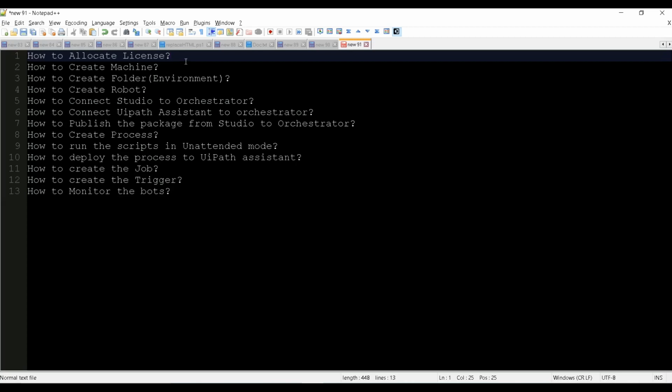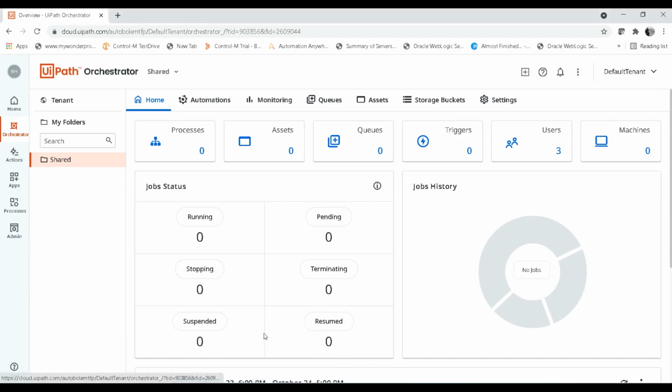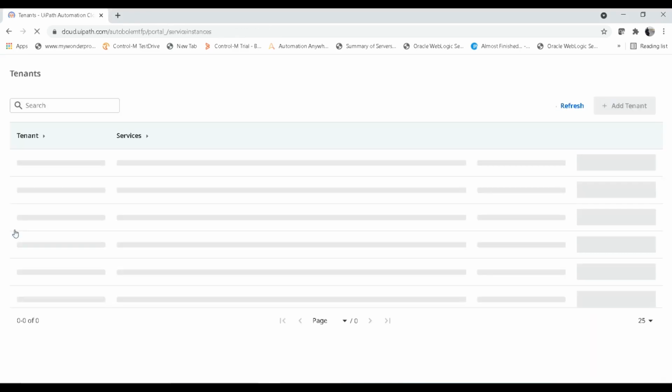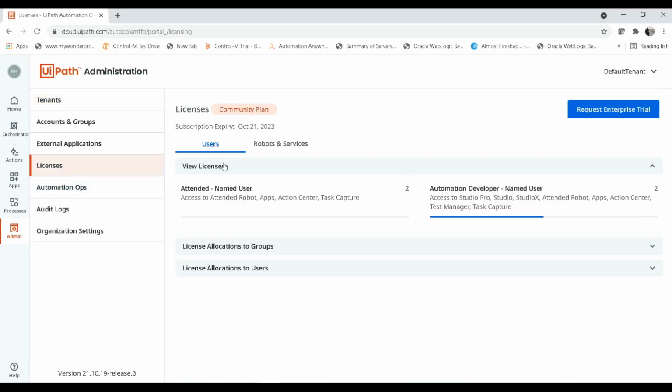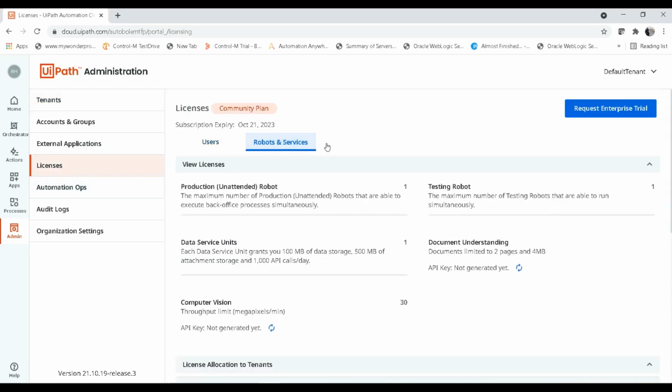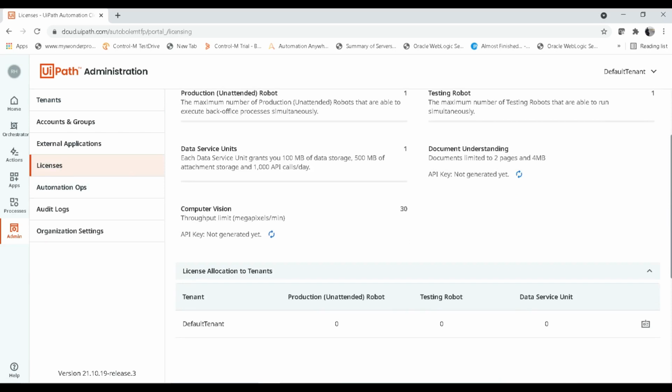What is the first one? How to allocate the license. It means in the Orchestrator, we have to allocate the license for the tenant. For that, go to admin, go to licenses, robots and services, just scroll down.